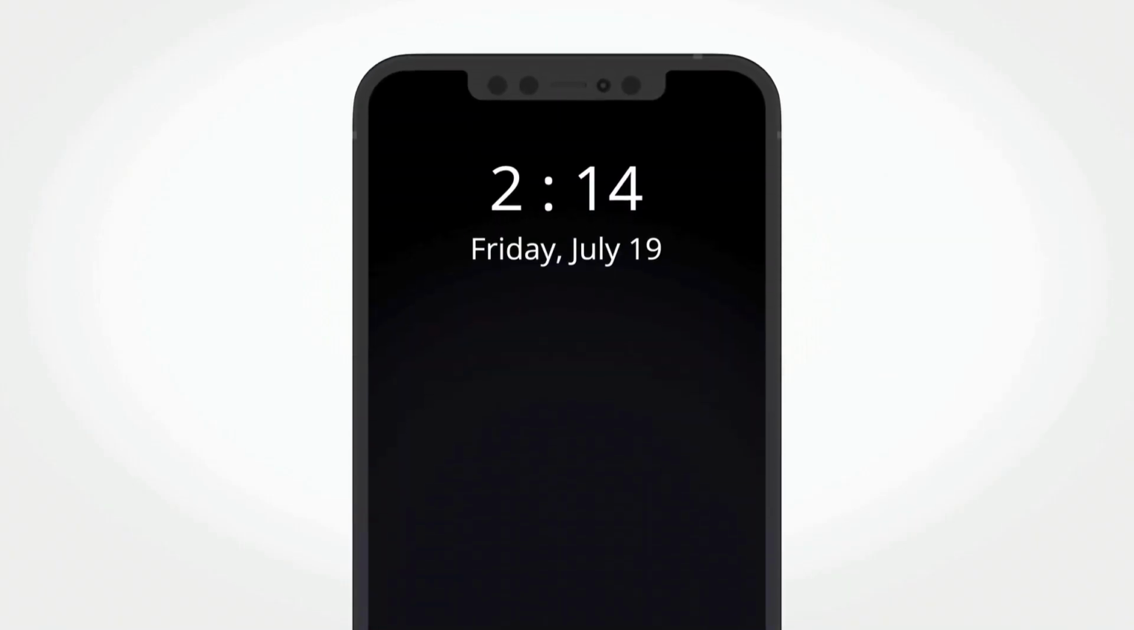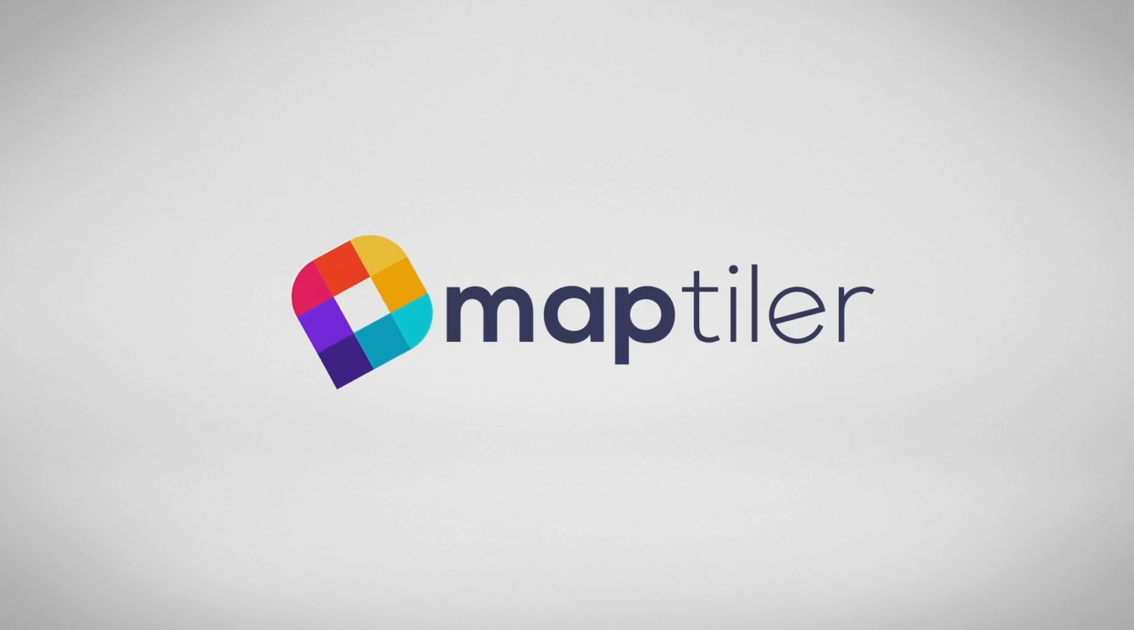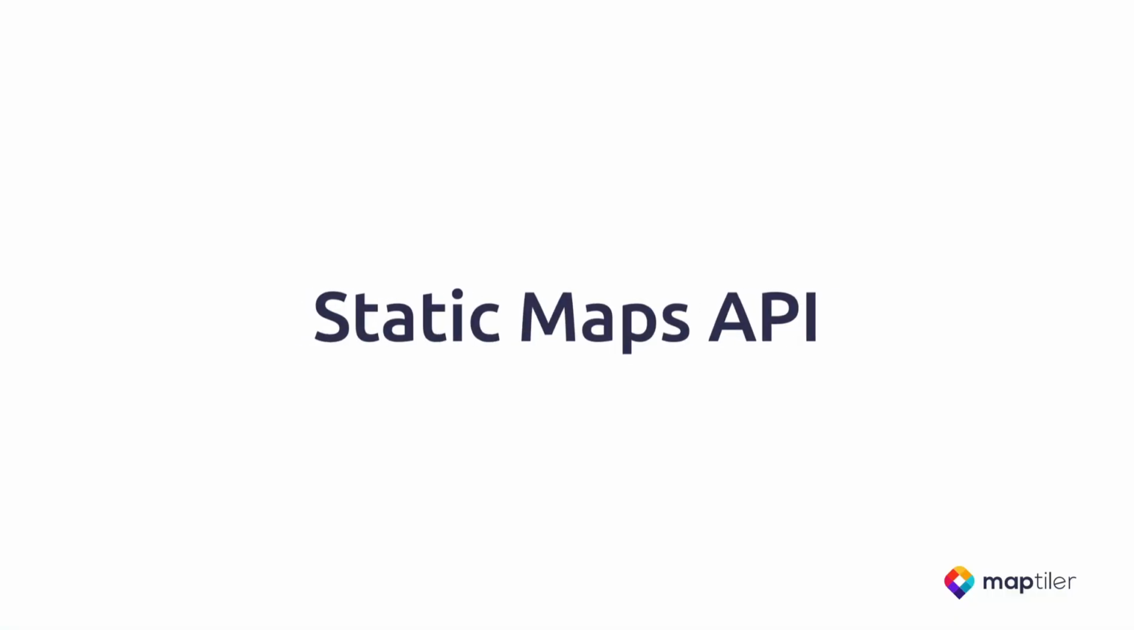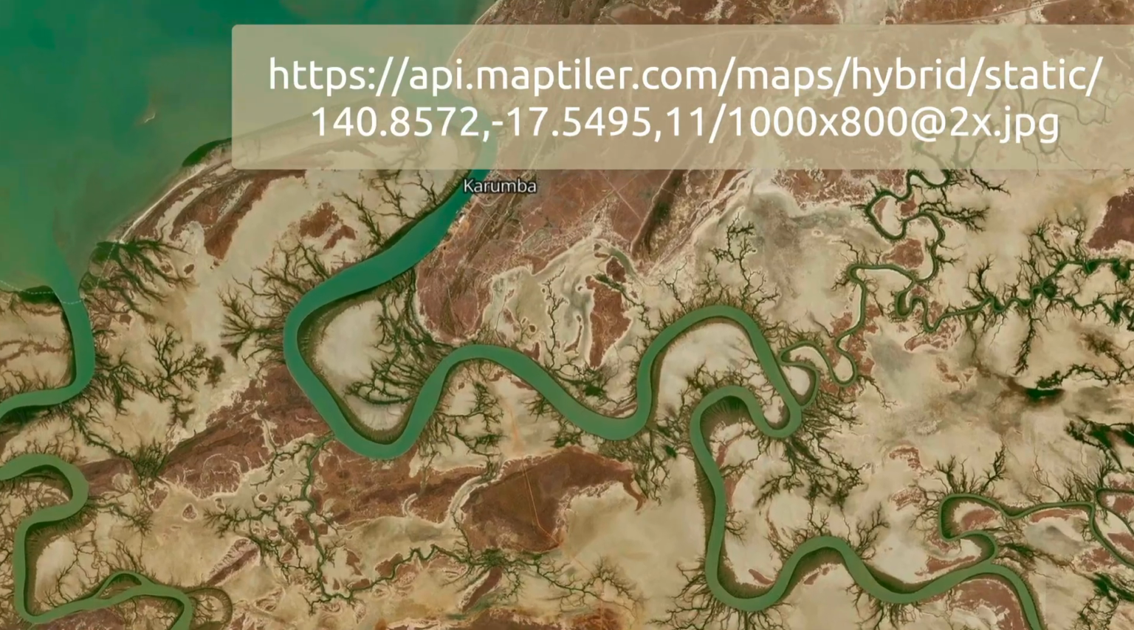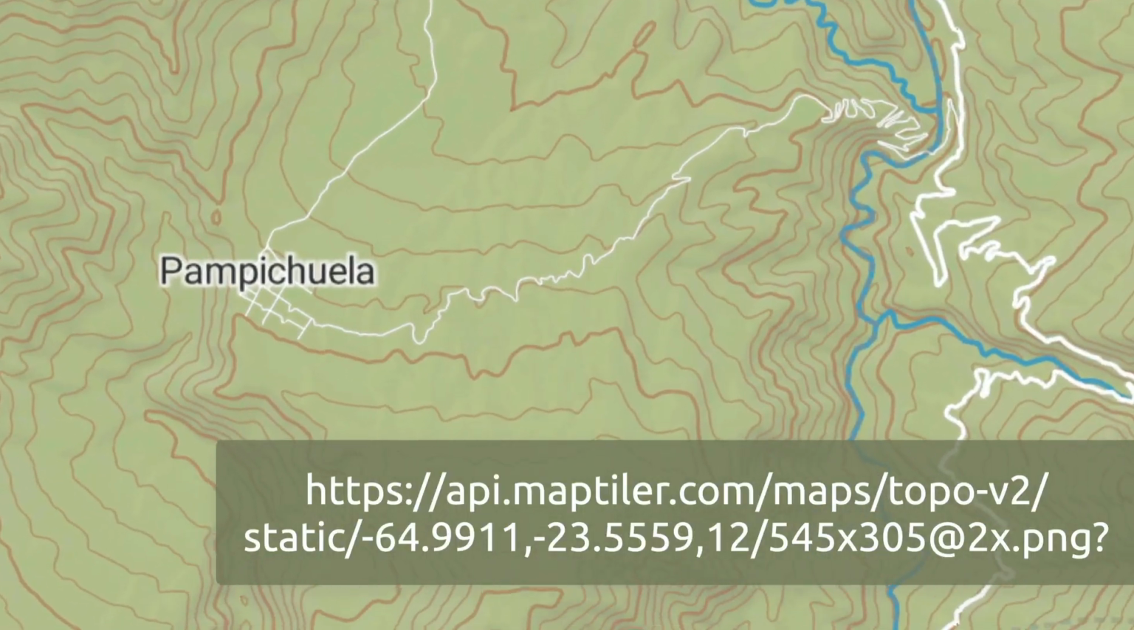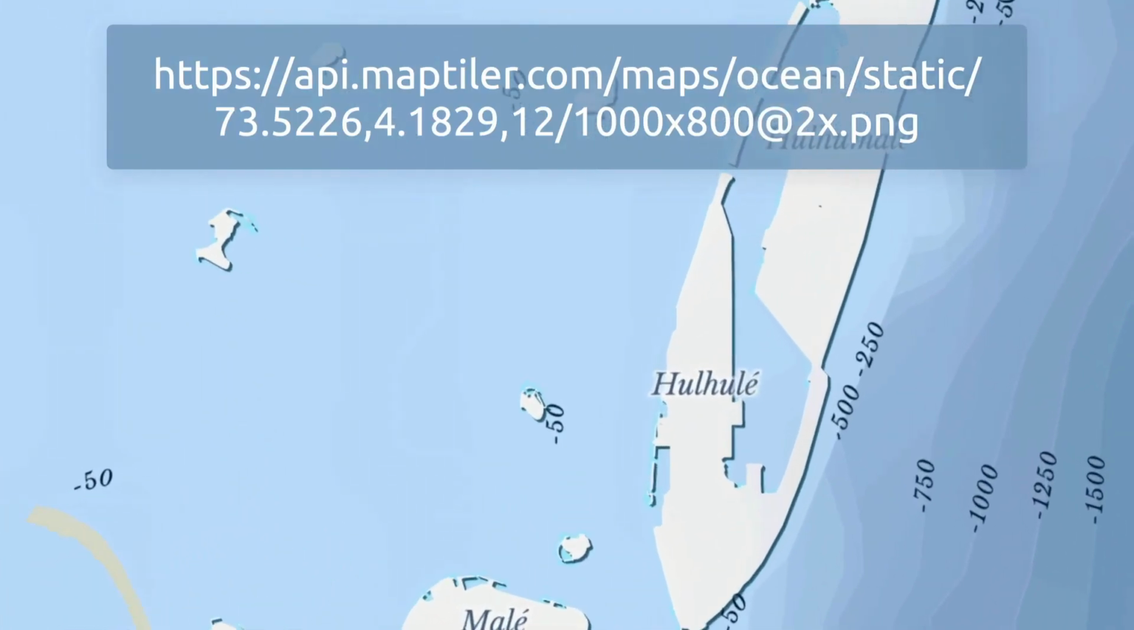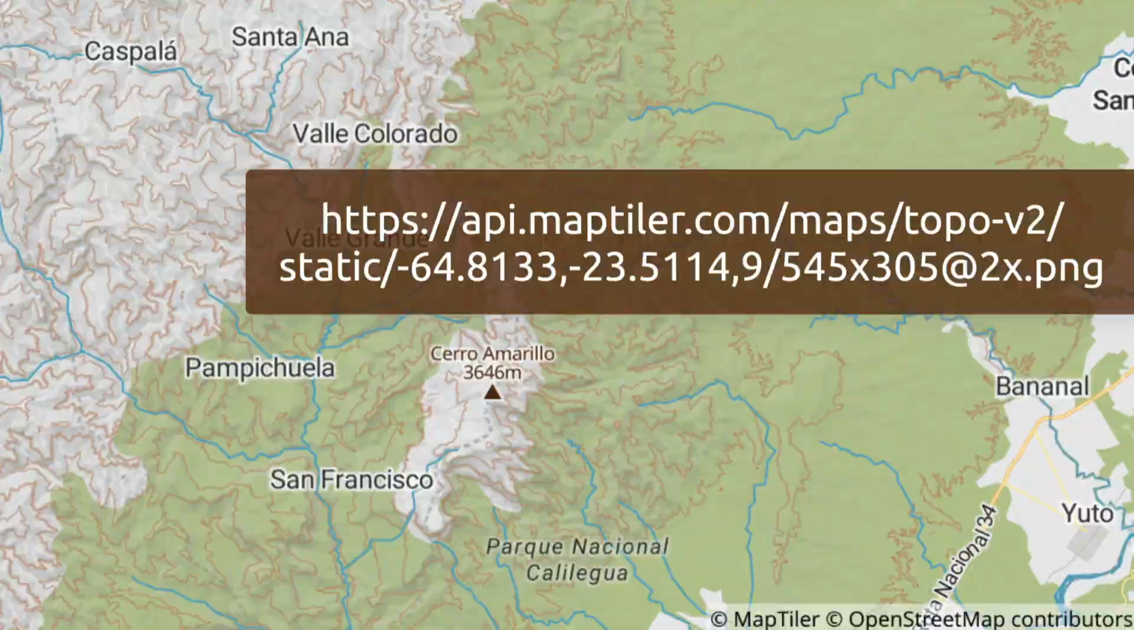Do you need a map preview on your website? Or in the notifications from your app? MapTiler has the solution for you, the Static Maps API. Static maps let you create images from any standard or custom style in MapTiler Cloud, just by defining the URL